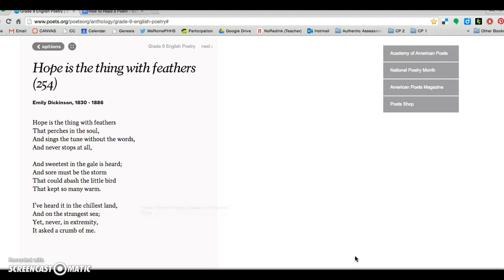Hope is the thing with feathers that perches in the soul and sings the tune without the words and never stops at all. And the sweetest in the gale is heard, and sore must be the storm that could abash the little bird that kept so many warm. I've heard it in the chillest land and on the strangest sea, yet never, in extremity, it asked a crumb